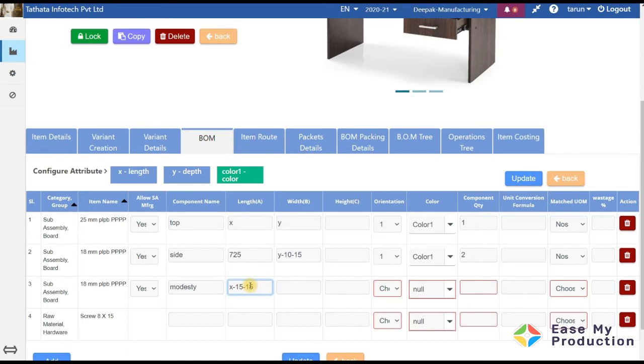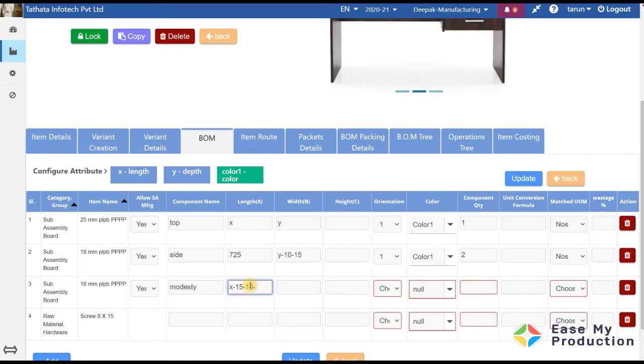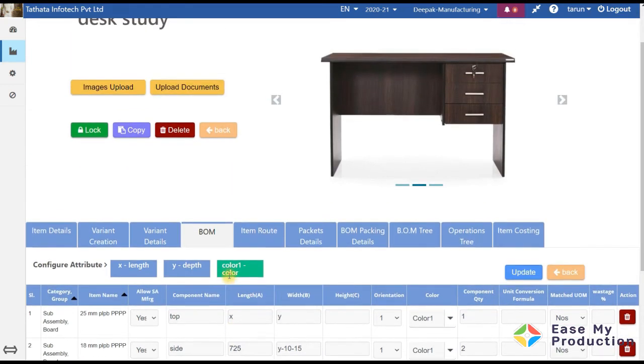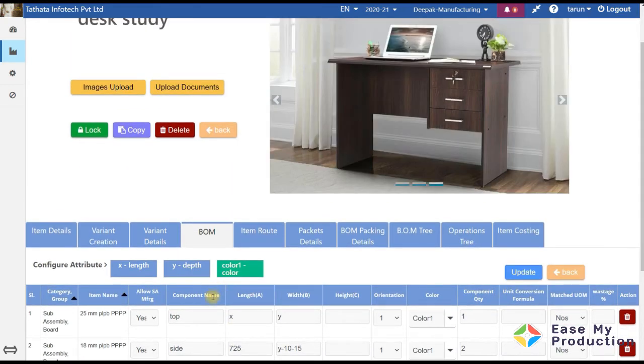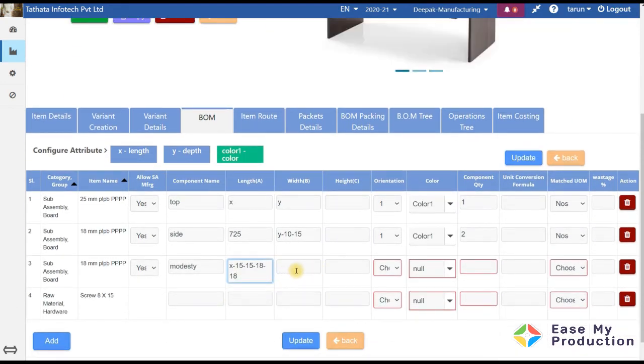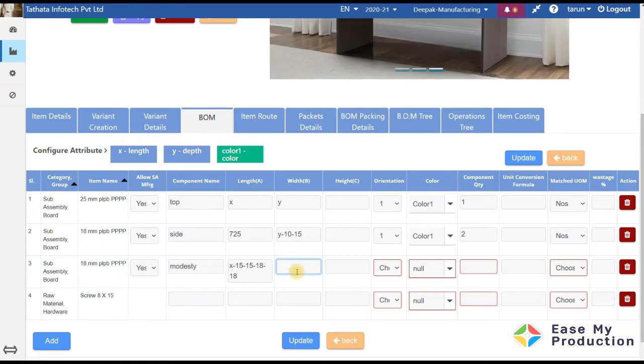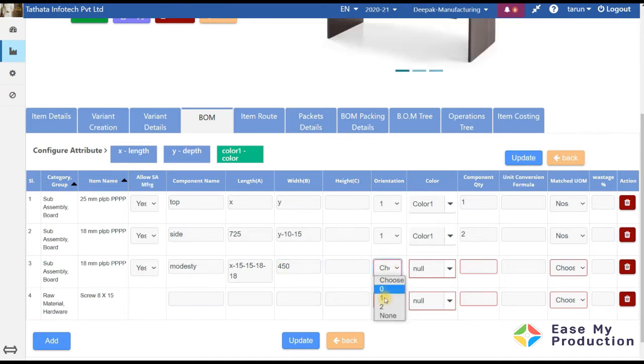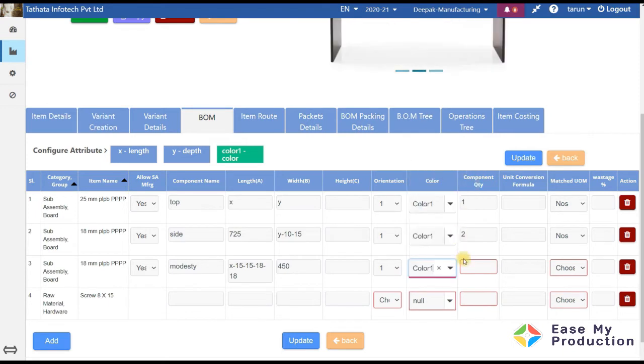We reduce that, and then we also reduce the thickness of the sides, 18 minus 18. So this is my width for this modesty, and for height, let us say it's a fixed 450 mm. So again I choose the orientation, and then color again, color 1, and choose the quantity, yes.